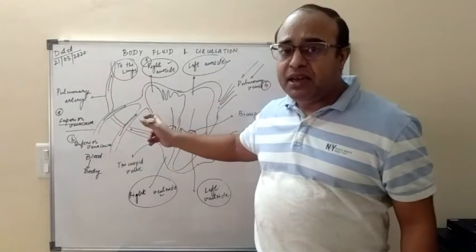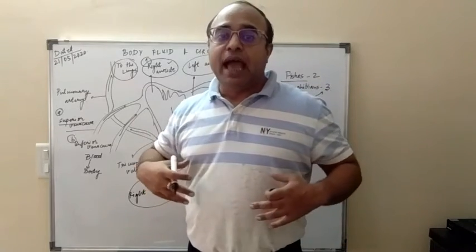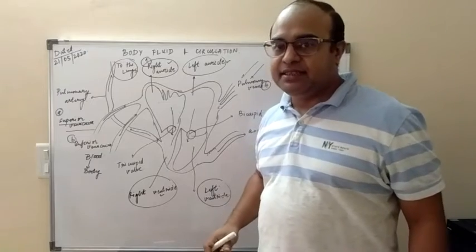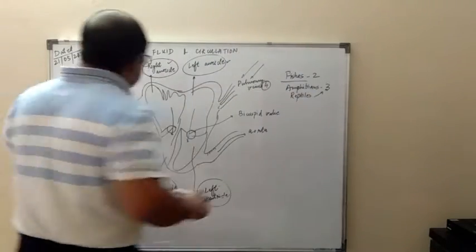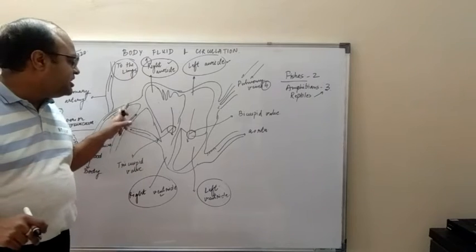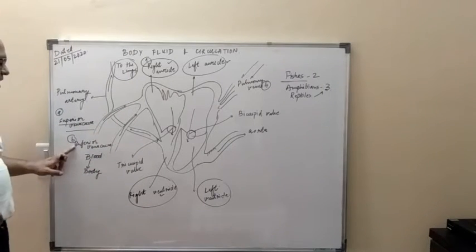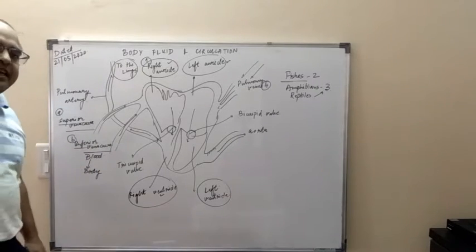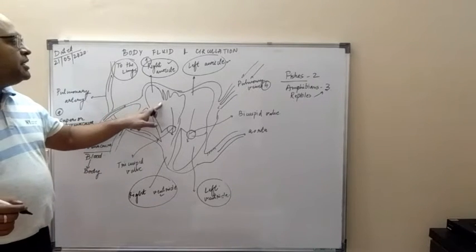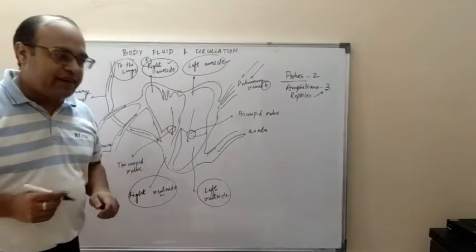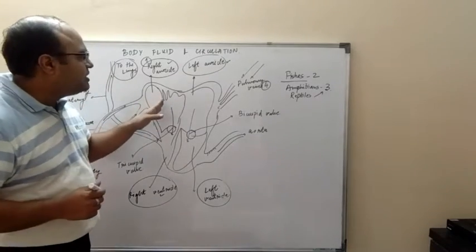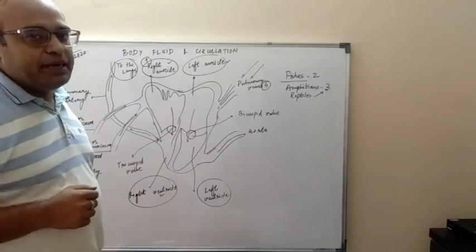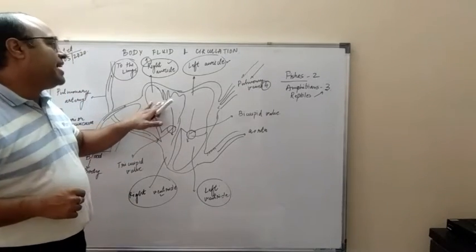The inferior vena cava brings the blood from the abdomen area and the lower extremities of the body, that is, the legs. They both are carrying deoxygenated blood. Both the superior and inferior vena cava carry deoxygenated blood to the right auricle. So if it is asked which kind of blood the right auricle receives, you will say it is the deoxygenated blood.